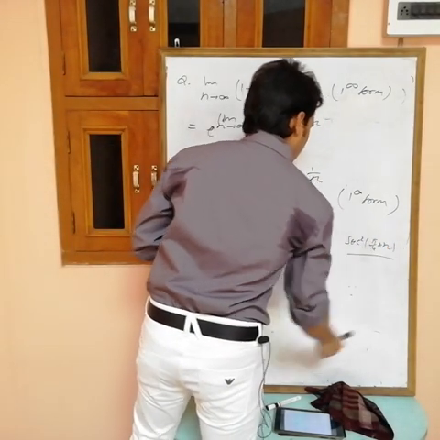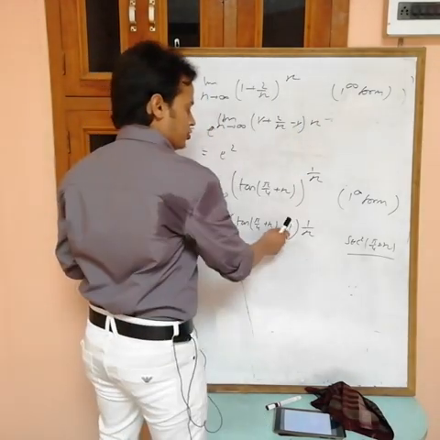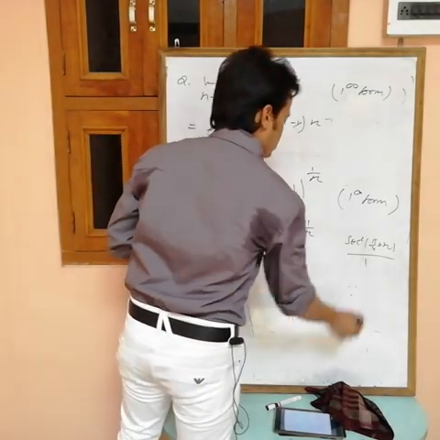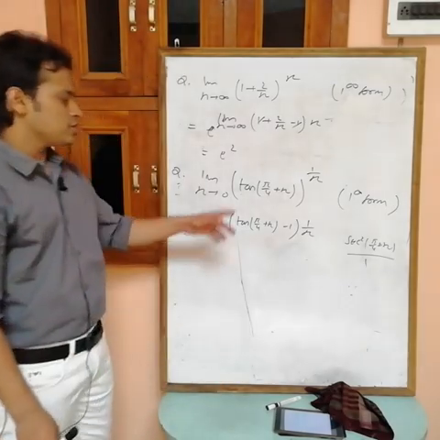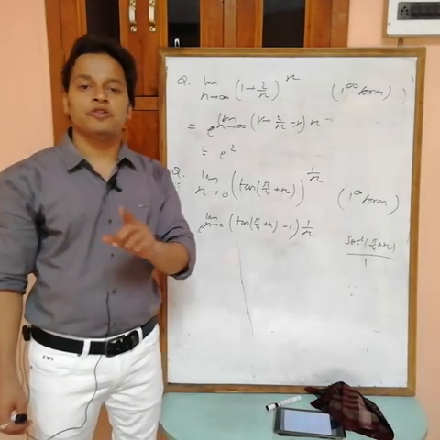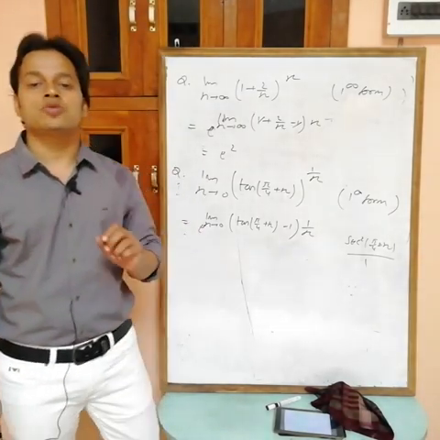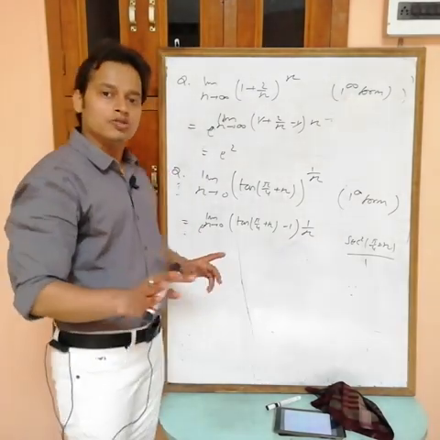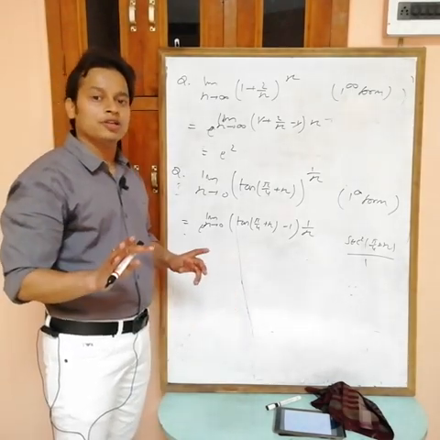This is the differentiation of numerator in numerator, because the derivative of 1 is 0 and the derivative of x is 1. If you put x equals to 0, what are you getting? Sec square pi by 4. Sec pi by 4 is root 2, so sec square pi by 4 is 2. You are getting e power 2. Now see, I will use another method, but I will get the same answer.